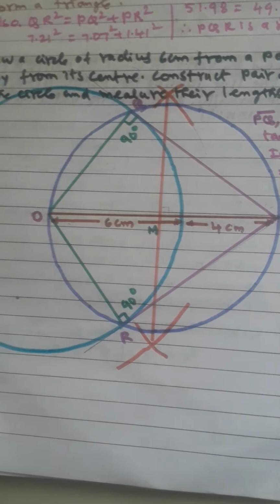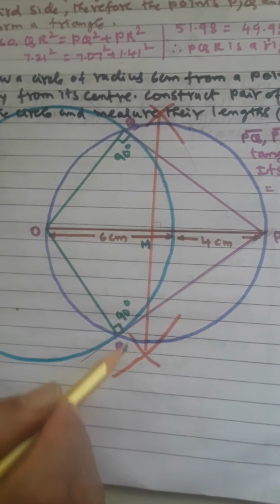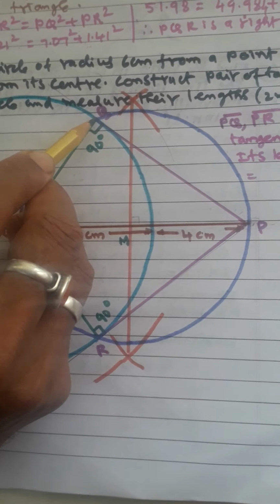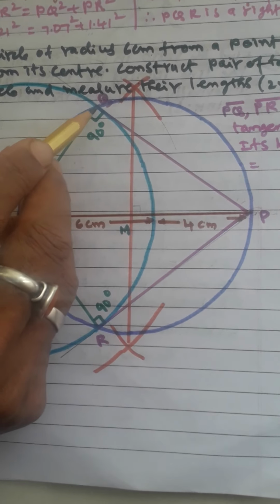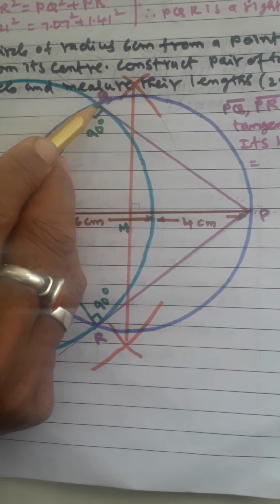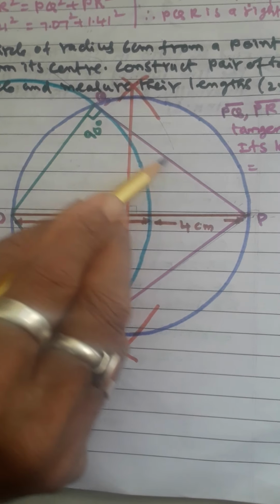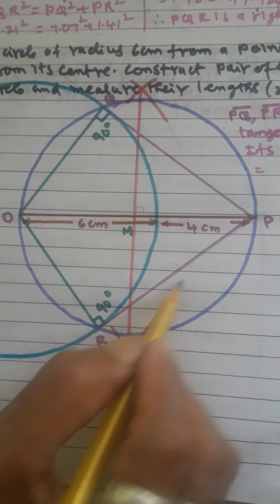After you have drawn that circle, where that circle and this circle are meeting, let us consider this point as R, where it is intersecting. Another intersecting point, let us consider as Q. So from Q to this P you join, R also you join.